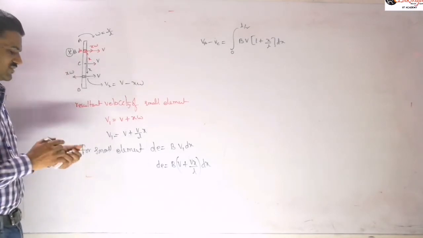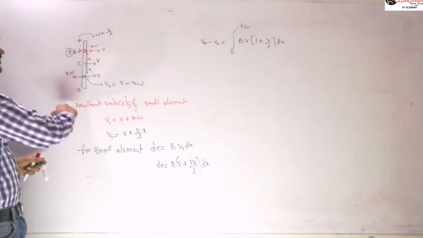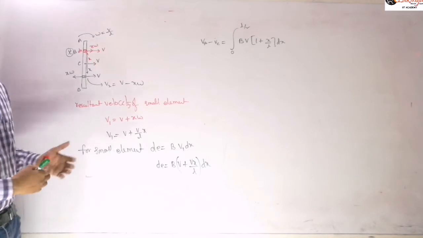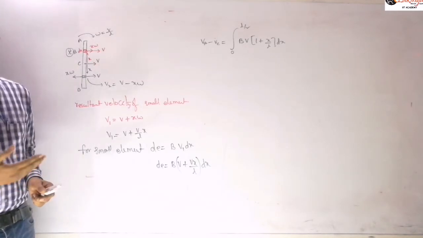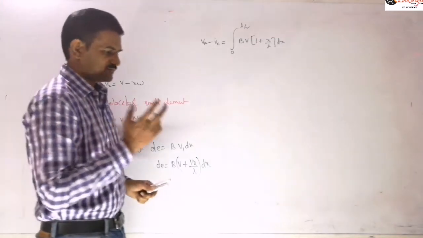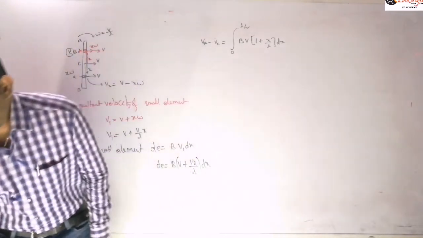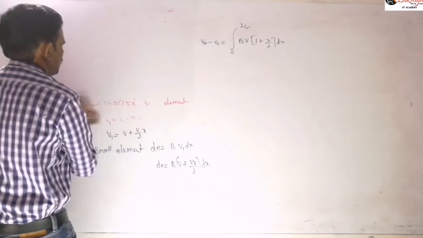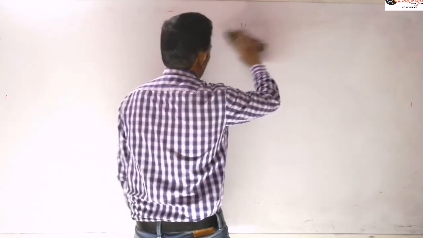So for these 2 points, you will get the potential difference. And from that you can find the potential difference between A and B also. Now we can find that potential difference between A and B also, right? So like that you can calculate the potential difference there. And so in case of combined motion, you need to remember that you need to find the resultant velocity of that element and then you need to integrate that, right? So those are some problems based on the rotation of these objects.